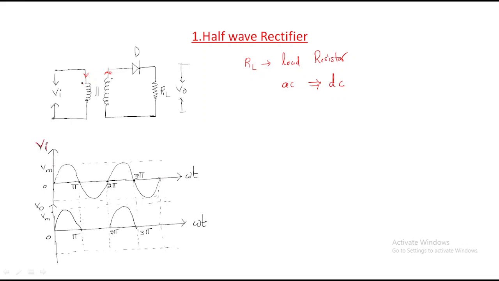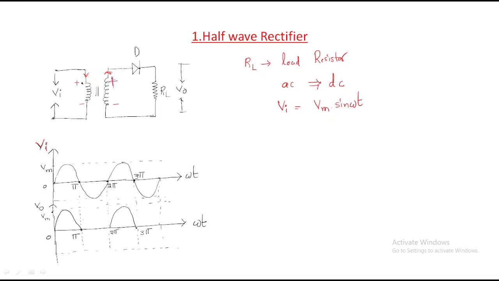Look at here, this is the input waveform, and the input is Vi equal to Vm sin omega t. This is the waveform representation, the mathematical representation. And we will observe here, we are giving the input to the transformer. It may be a step up or step down transformer, it depends on our requirement. Maybe here using some step up, and this is the positive negative, and this is also the positive negative.